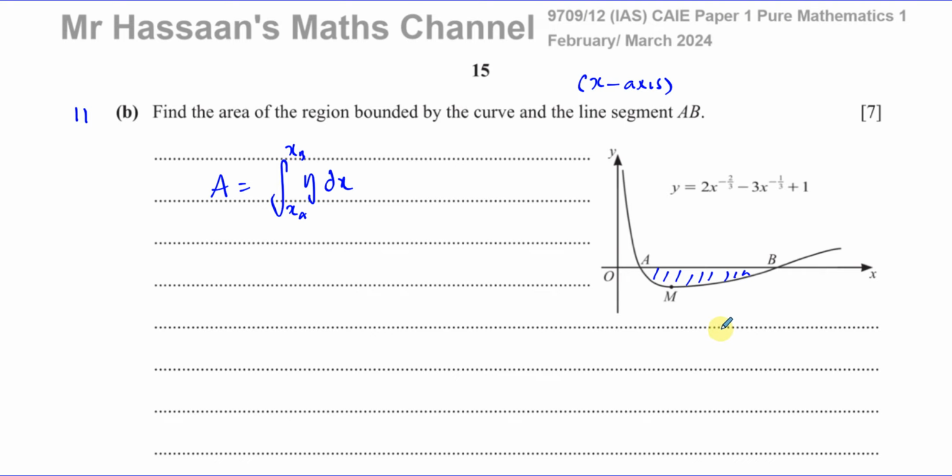Now, for us to do that, we have to know the coordinates of a and b, which we haven't been given. And we know that the coordinates of a and b are on the x-axis. So on the x-axis, we know that y equals 0. So I have to solve the equation 2x to the power of negative 2/3 minus 3x to the power of negative 1/3 plus 1 equals 0. Y equals 0. And when I solve this for x, I will find the 2 points at which this curve